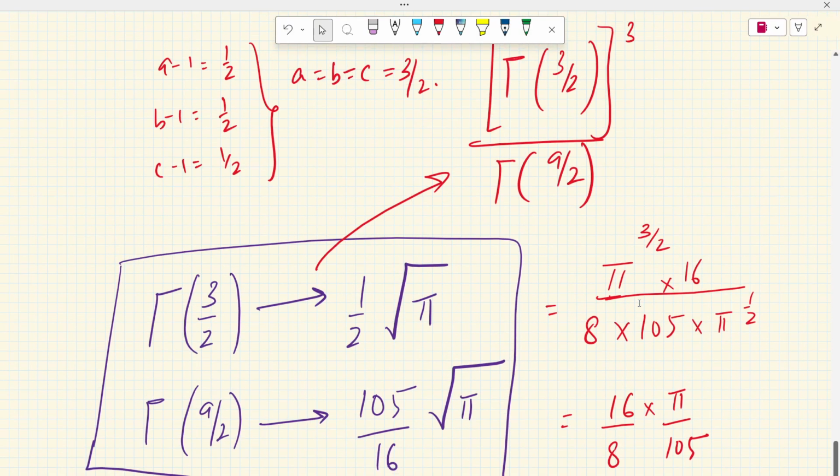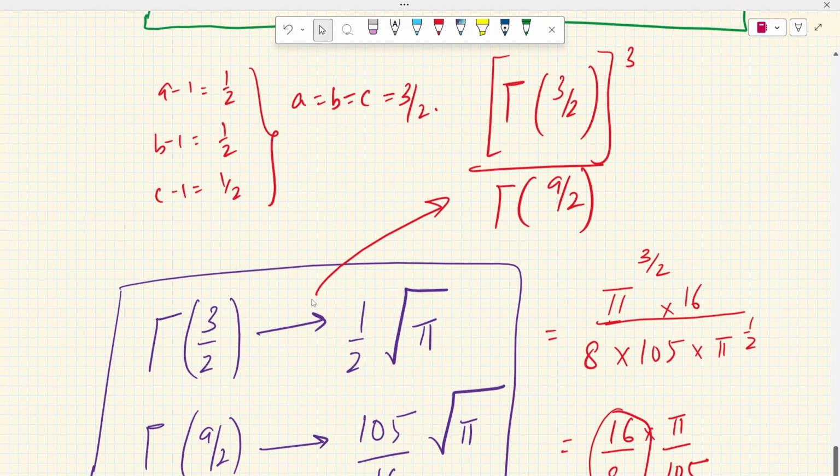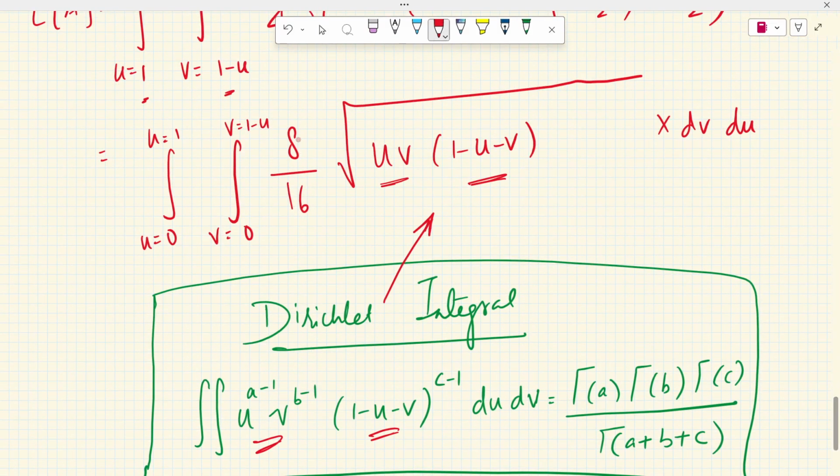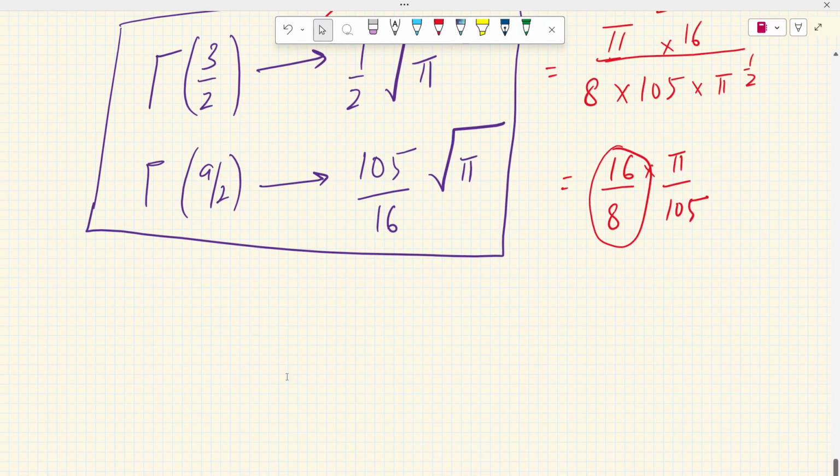Notice we already have the inverse of this ratio right here. So now the final expected area just becomes 8/16 times